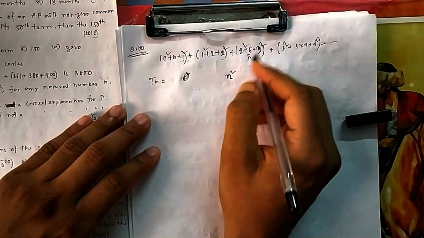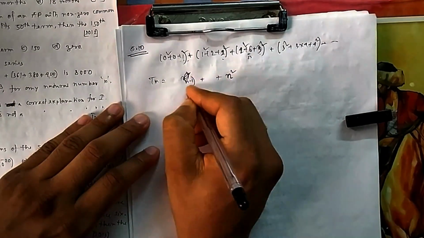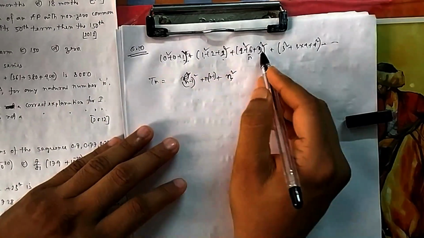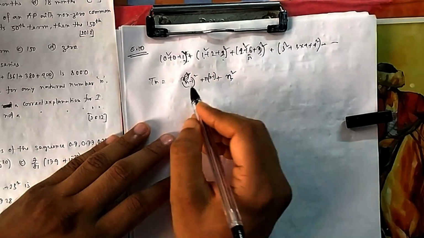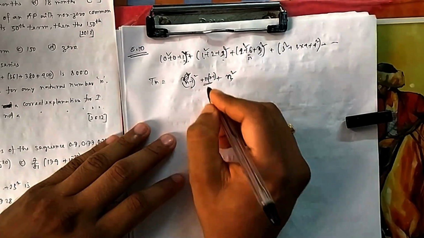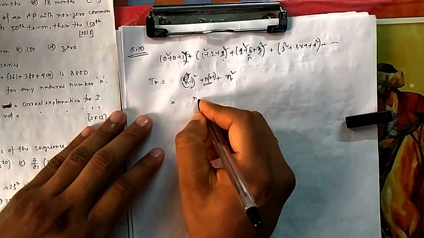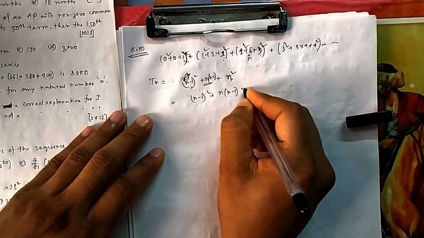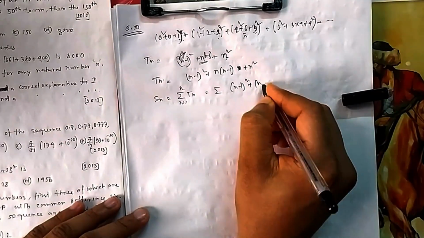Second term, then it is plus, then plus, it is n minus 1 whole square. So it will be 1 square, 2 square, 3 square, so that's why n square, and the first one is n minus 1 square. If it is 3 it is 2, if it is 2 that you know is n minus 1 square, and between it is n into n minus 1. So this is your summation, that is n minus 1 whole square plus n into n minus 1 plus n square. So this is the summation you need.